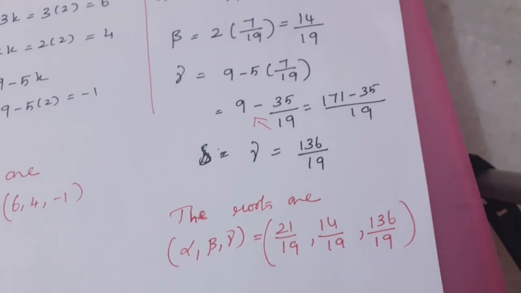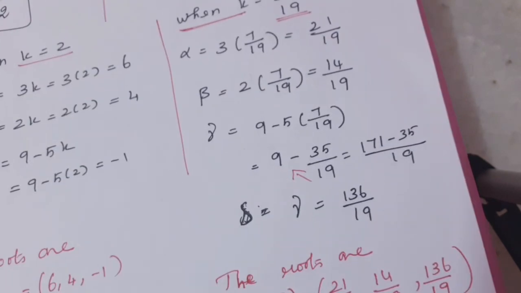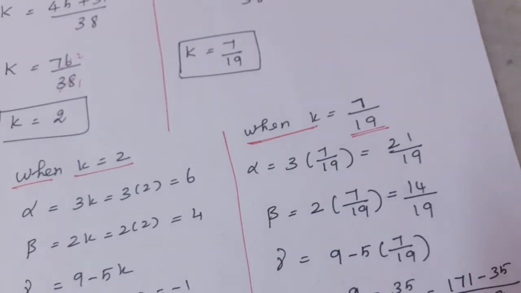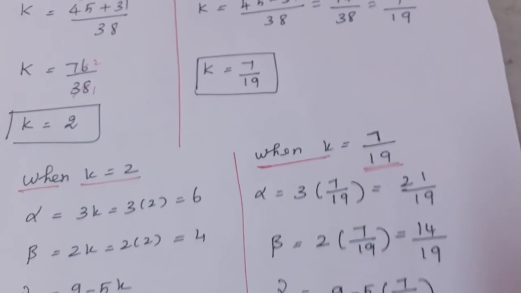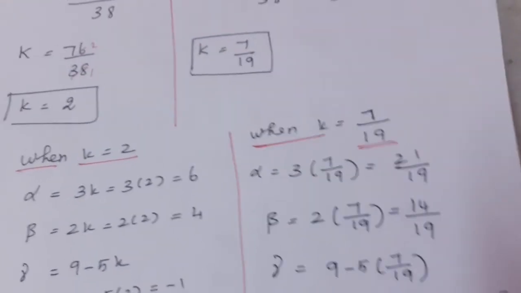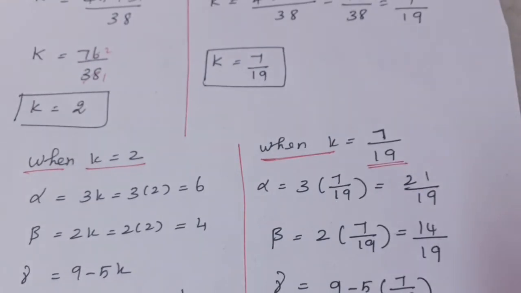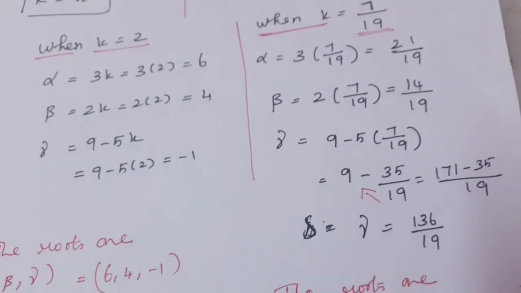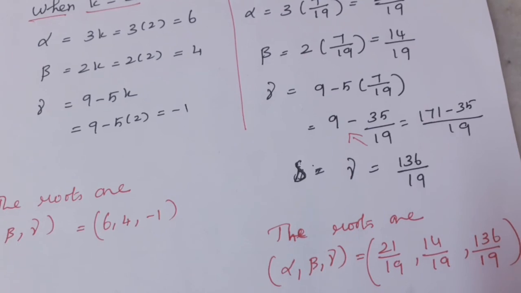Children, go through the question properly. Understand what the question asks, and afterward take the roots: the product of the roots, the square of the sum of the roots, or the roots in a ratio. Depending upon the question, we take the roots. If you have a cubic equation, take 3 roots, alpha, beta, gamma. For a fourth degree equation, take 4 roots, alpha, beta, gamma and delta.